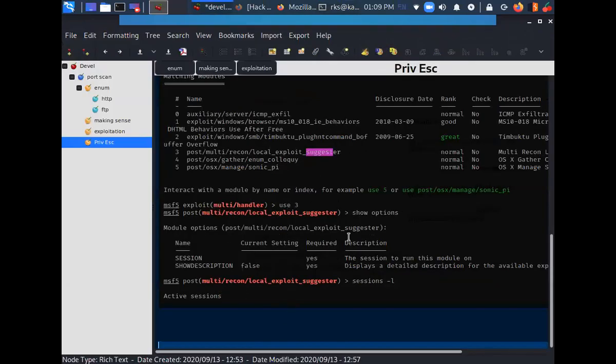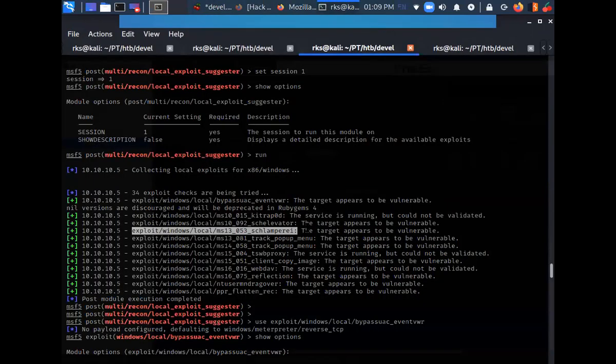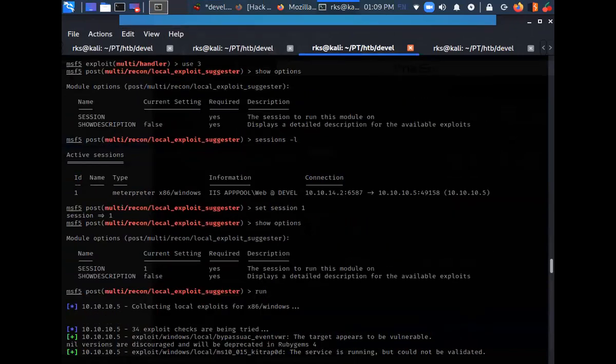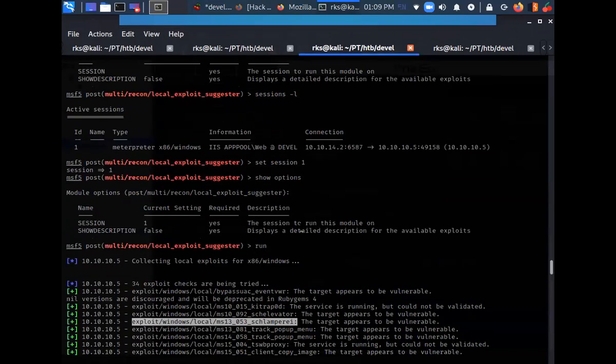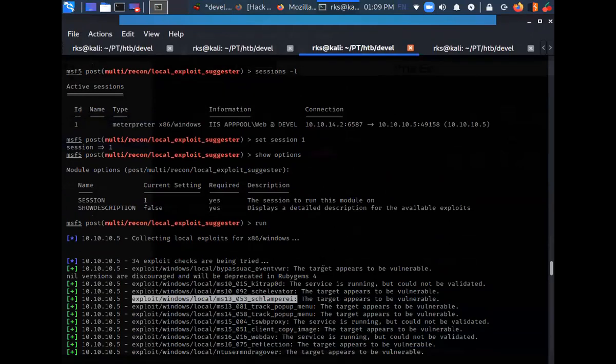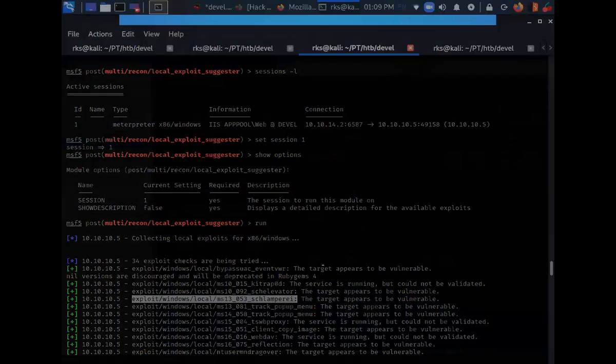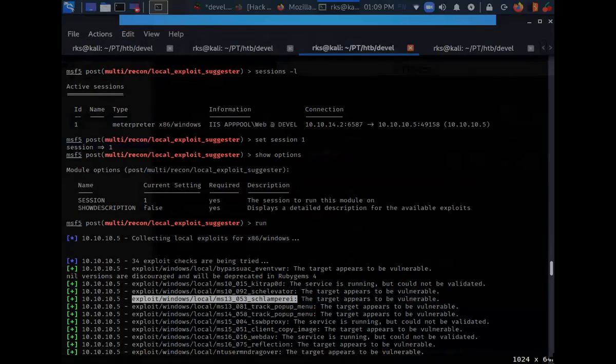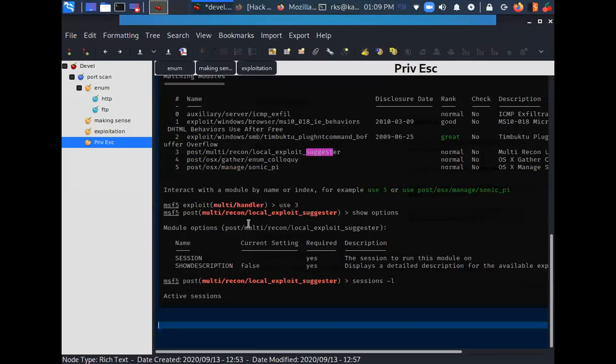We ran the exploit suggester, sessions -l. So here it is. So I'm going to take a snap from this point to this point.